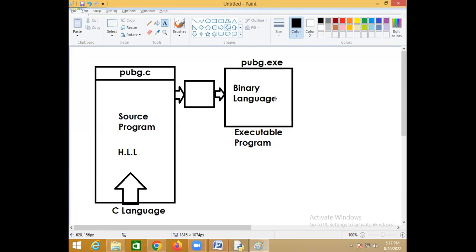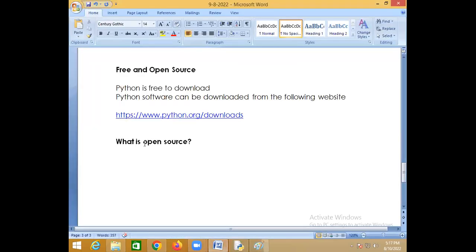If the source code is given to the public, what will happen? The public can modify that code and develop new languages. In the same way, Python is free and at the same time it is also open source. It means the complete source code of the Python software is given to the public, like the PUBG source code.